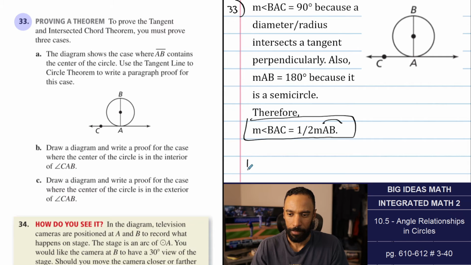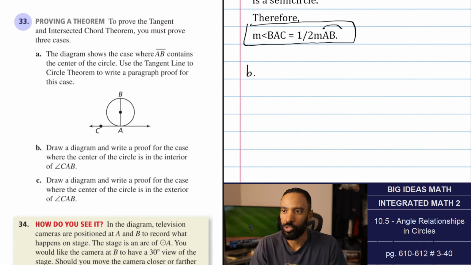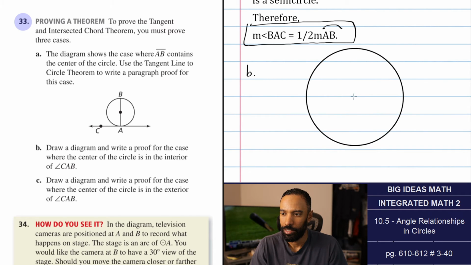Let's go to part B. Draw a diagram and write a proof for the case where the center of the circle is in the interior of angle CAB. Oh, they said CAB. All right, so let's do the same thing. They said in the interior of. The center's in the interior of. Whoops. Why don't you plot yourself a point there? Kind of a big old center. All right, let's do